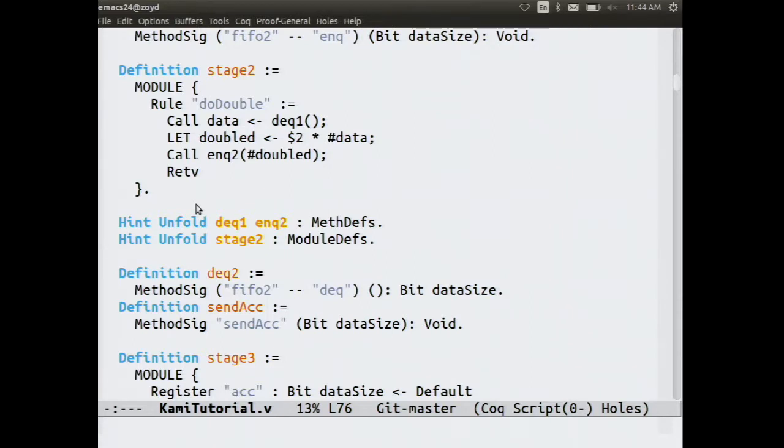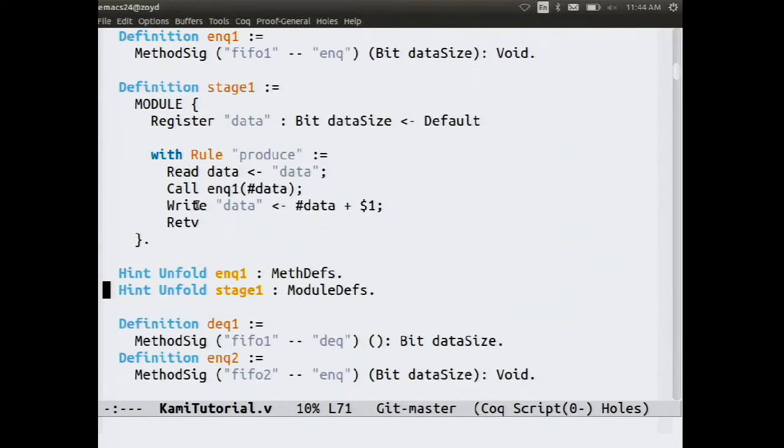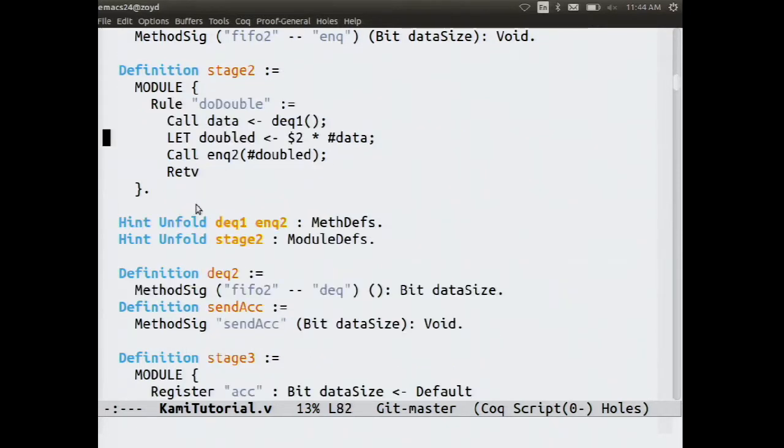And we can write code like this, which says we have 1 data register. 1 execution step is to read from it, enqueue it in the next stage's queue, and then write back 1 higher. So it's not quite what I've written there, but that's the local state change rule. And the second stage reads, doubles, and enqueues.